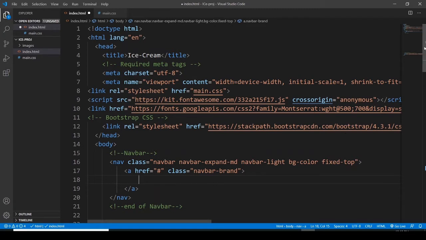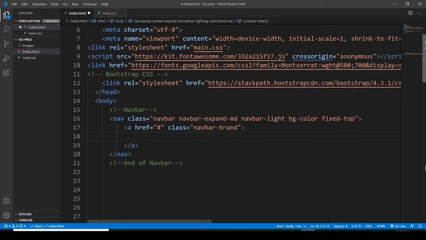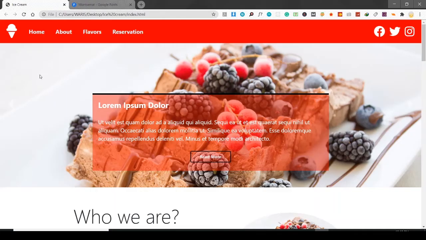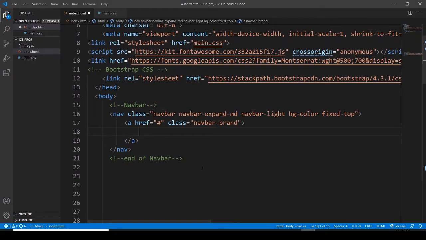In my previous projects, in some I have used the icon or logo as I'm using here, and in some of my projects I just mentioned the name here, so just text. So here I'm using this navbar-brand for the logo or the name of your website. It is for that purpose. It's a Bootstrap class, and then let's have a Font Awesome icon. So class